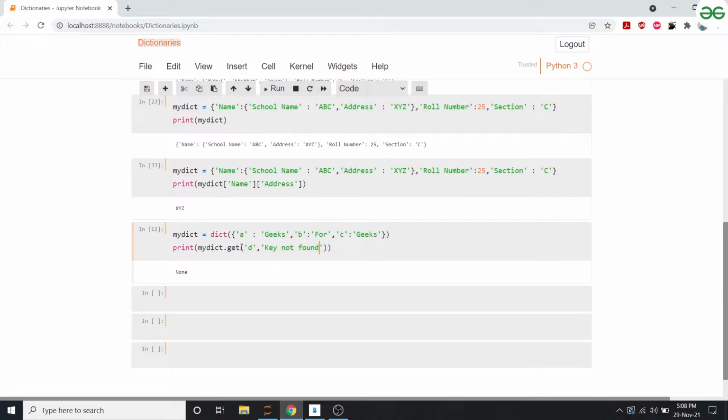This means the get function would search for the D key, and if the D key is not present in the dictionary that we've defined, then it should print key not found. If we run it, it prints key not found. What if it finds the key that we are looking for? It will give me the value corresponding to that particular key.